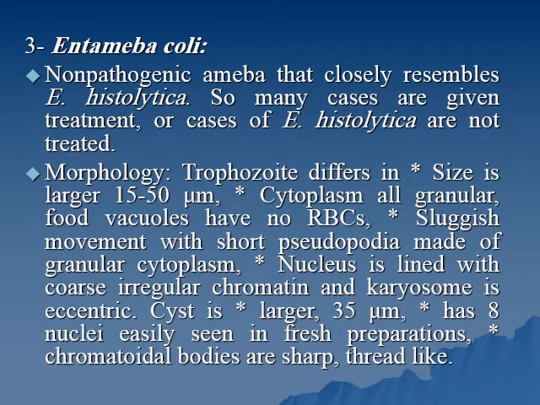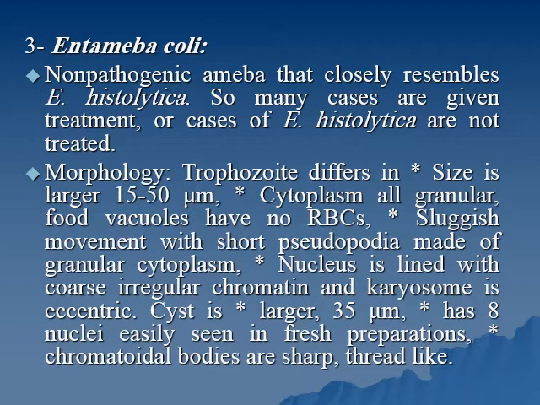In the morphology, the trophozoite differs in size. It is larger than Entamoeba histolytica, about 50 micrometers. The cytoplasm is all granular. There is no discrimination into ecto- and endoplasm like that in Entamoeba histolytica. And the food vacuoles